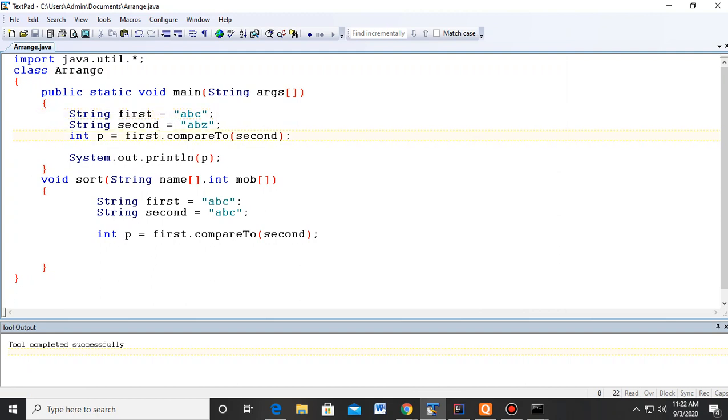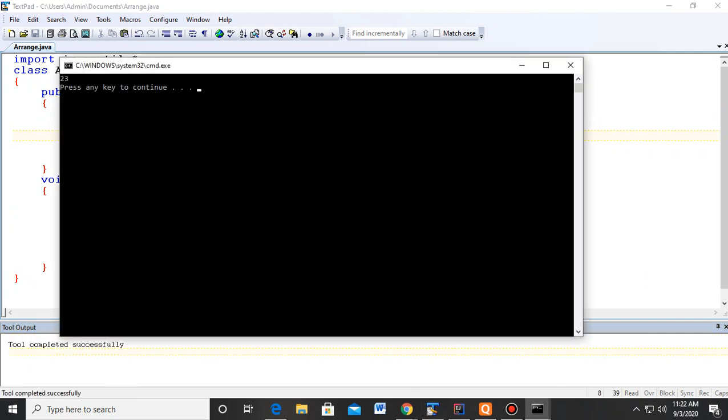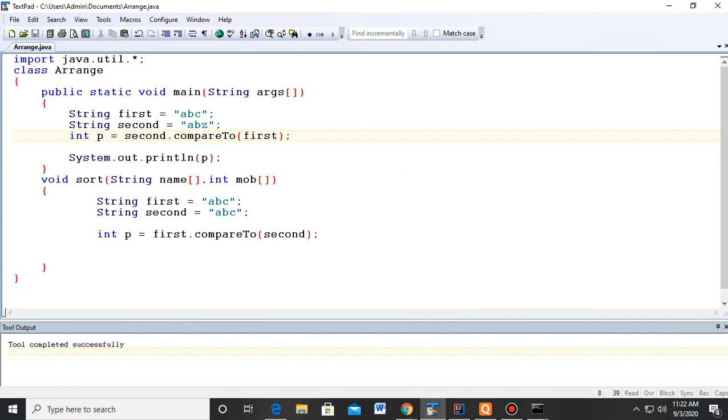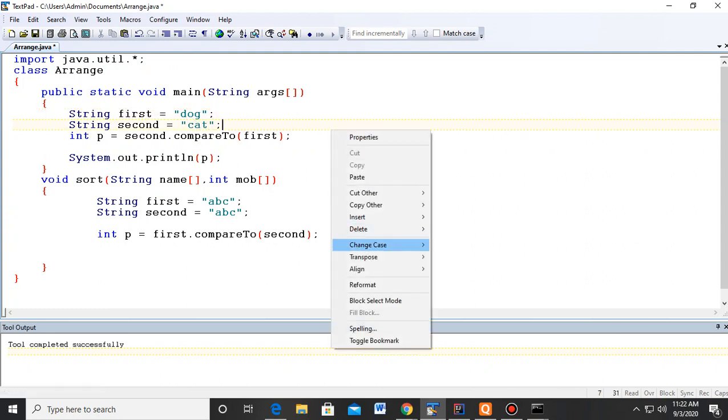And children, if I write second dot compared to first, you can see that the difference is 23. So children, if the value returned by this function is positive, it means the parameter on the left of that function comes later in the dictionary. Suppose here I have dog and here I have cat.